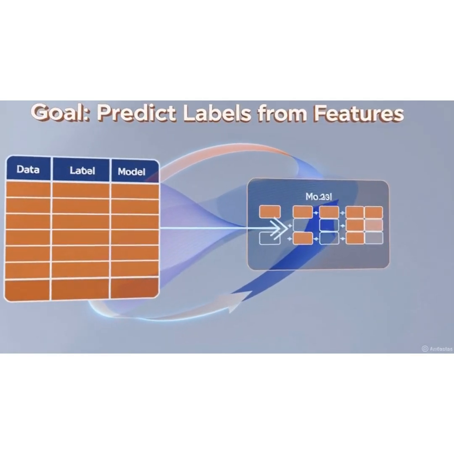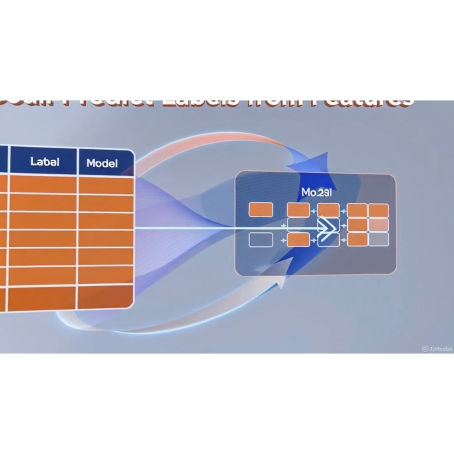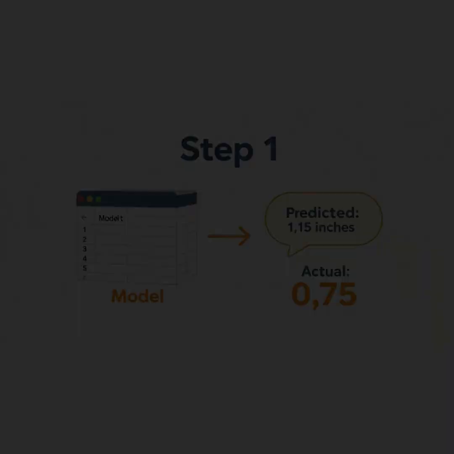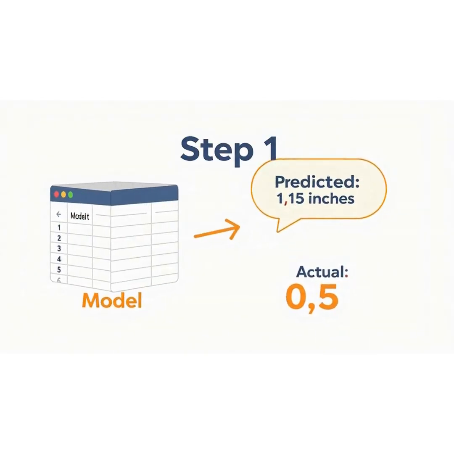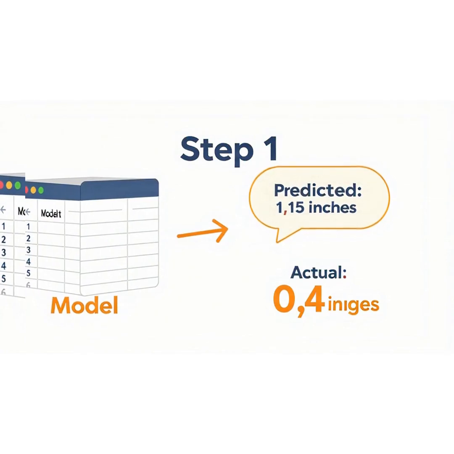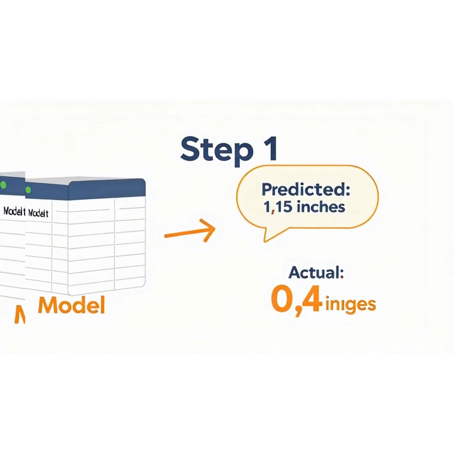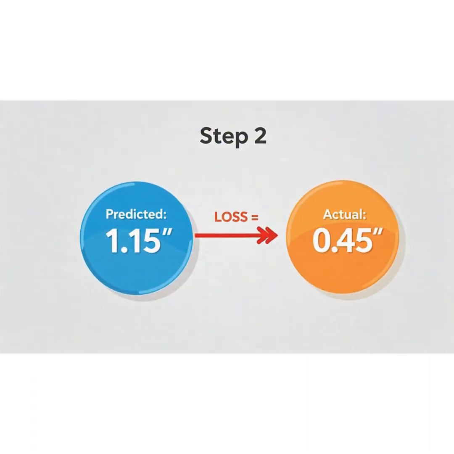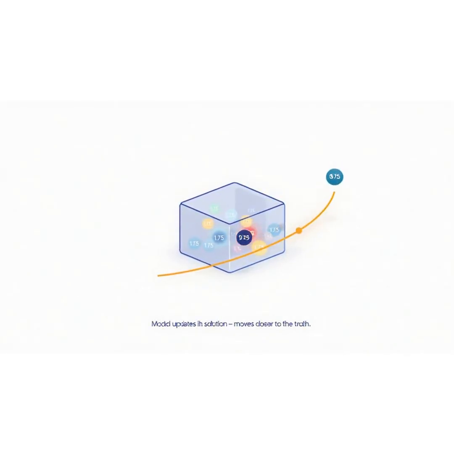The model's goal is to work out the best solution for predicting the labels from the features. Step 1. The model takes in a single labeled example and produces a prediction. For instance, it might predict 1.5 inches of rainfall. Step 2. The model compares its predicted value to the actual label. The difference, defined as loss, tells the model exactly how far off it was. Based on the loss, the model gradually updates its solution, nudging its prediction closer to the actual value of 0.75